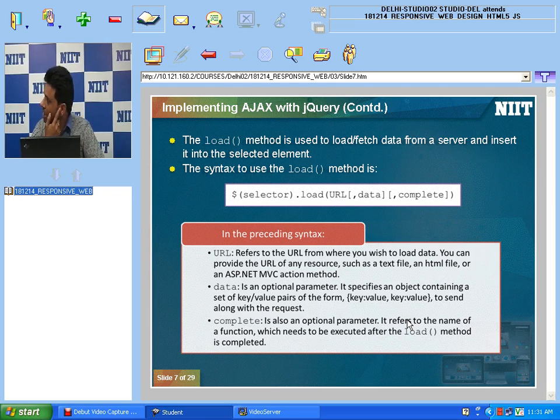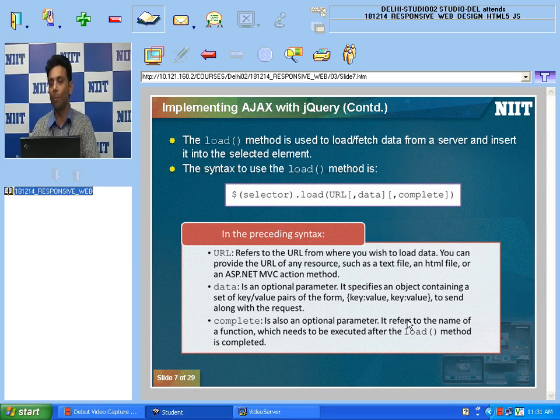Just think of one example: I am trying to send a request to the server, and I hope that the server will send a response to me. Okay, but I want to make sure that when I send a request to the server and the server responds back to me, there must be one notification. That notification will help me to know whether the process I want to do is complete or not.